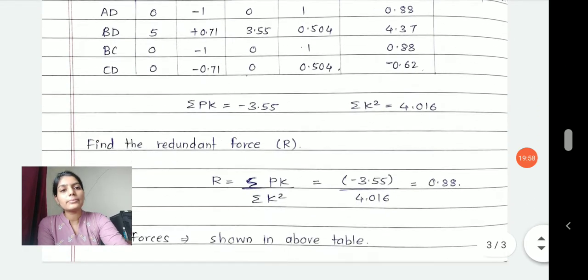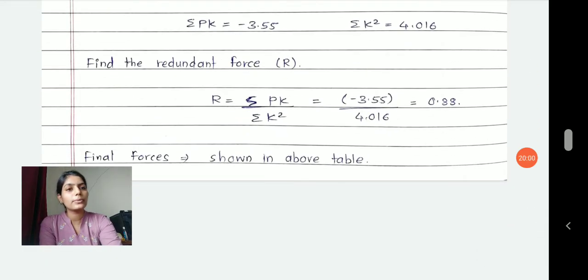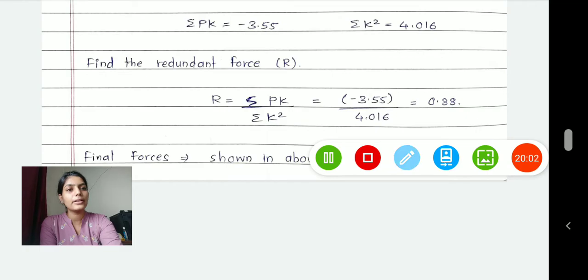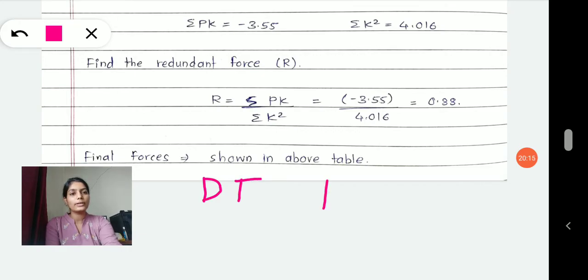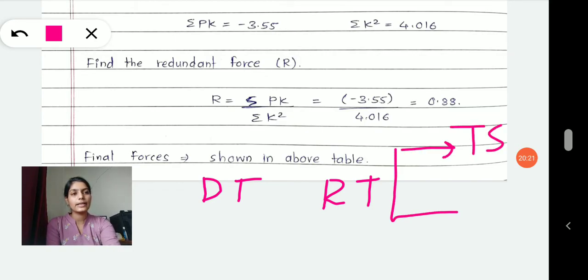Now in a quick session I will remind you what we have covered in the A part of the second unit. First we have done determinate trusses. Then we solved redundant trusses. In the redundant trusses we have solved two types, for thermal stress and for lack of fit. For determinate trusses, the formula will be